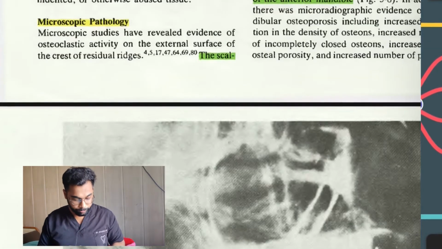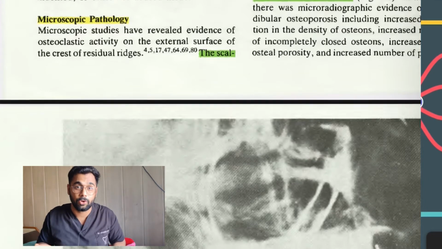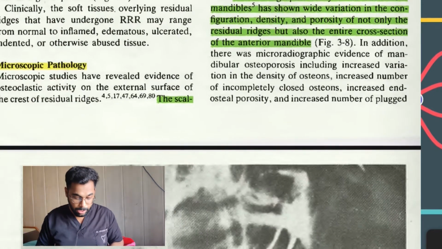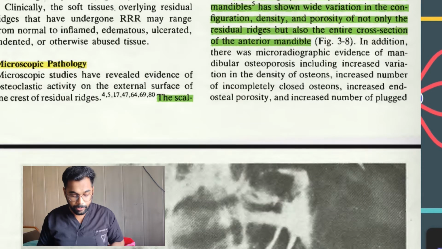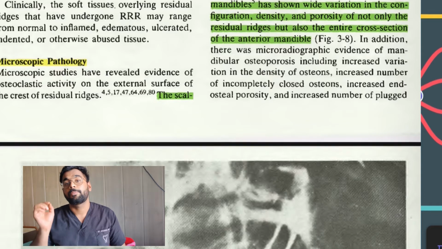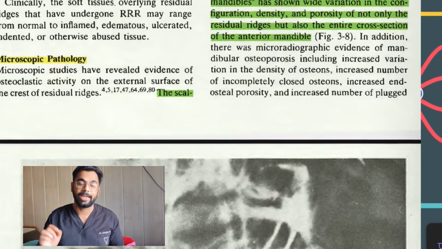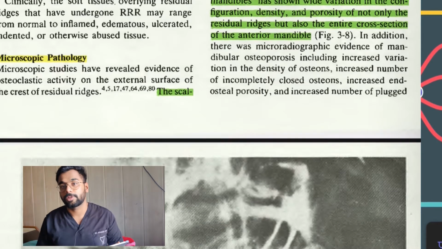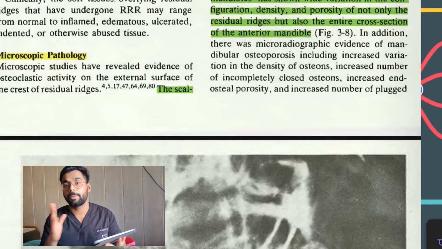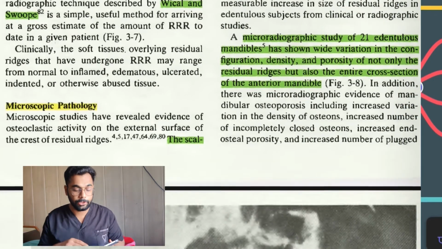Microscopic pathology. What is microscopic pathology? Of course, it is self-explanatory. What you see through the microscope while looking for the residual ridge resorption. So mostly you will be seeing this signature, the signature specific only to this disease. What you'll be seeing under the microscope is Howship's lacunae. Howship's lacunae. I don't know whether I'm pronouncing it right or not, but of course screen recording will be going on and you will be seeing everything I'm seeing in the book, so you can refer to the book also.